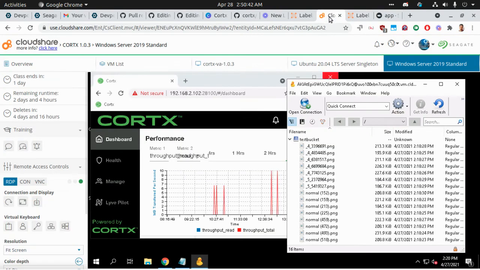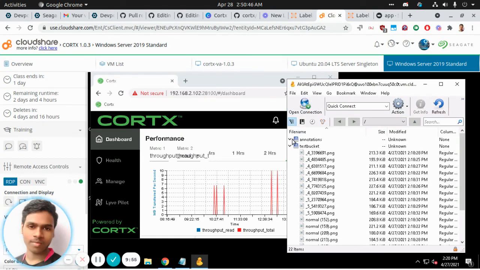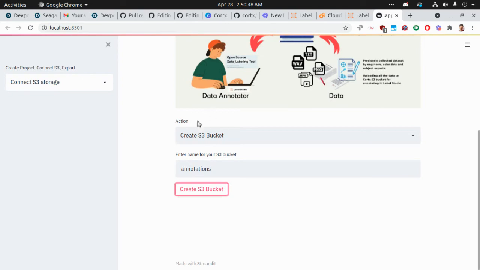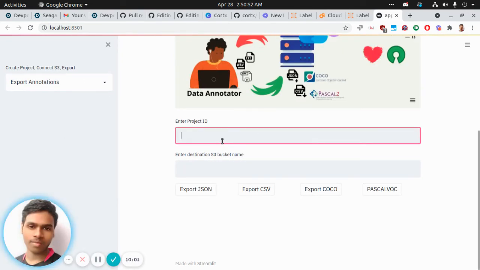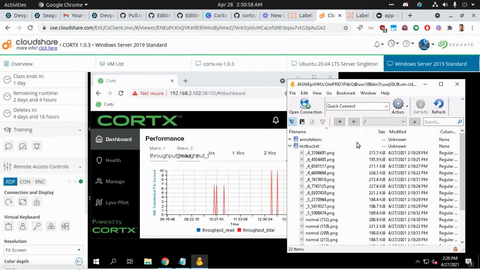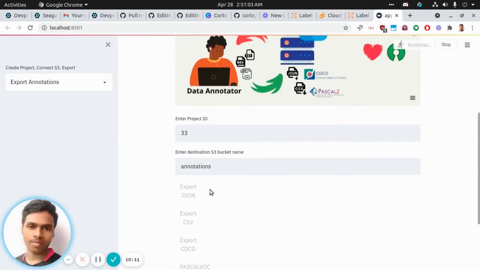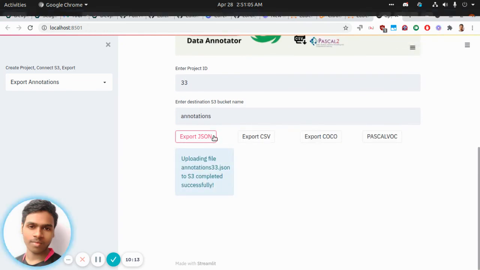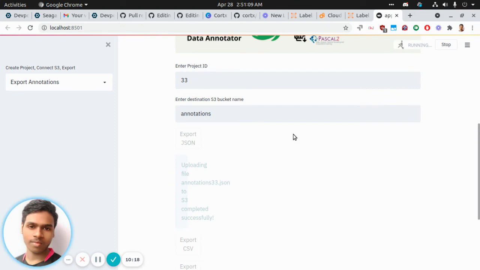So meanwhile this is about to get created. You can see we have got another bucket, that is annotation bucket. And let's go to export the annotations. Project ID 33, and the destination is annotations bucket, I guess. Yeah. So you can export the JSON, that is JavaScript Object Notation, and you can export CSV.